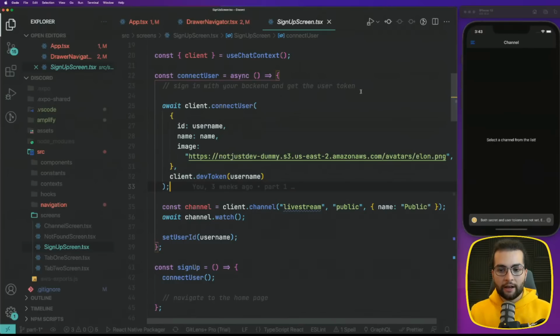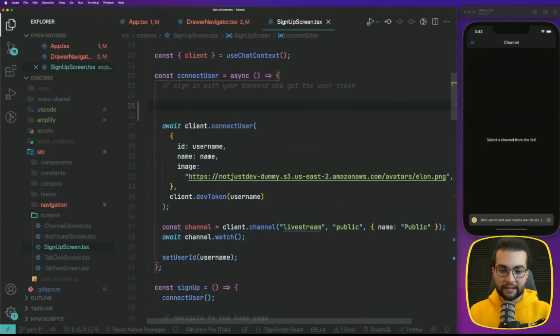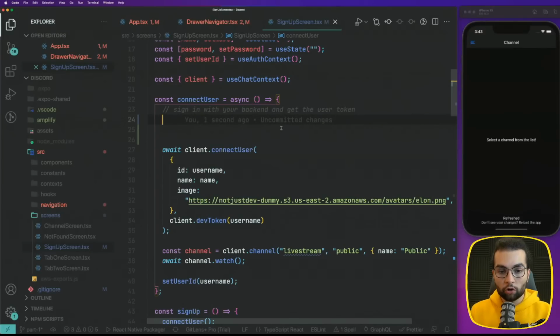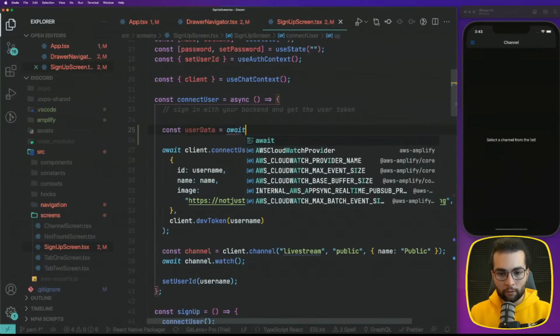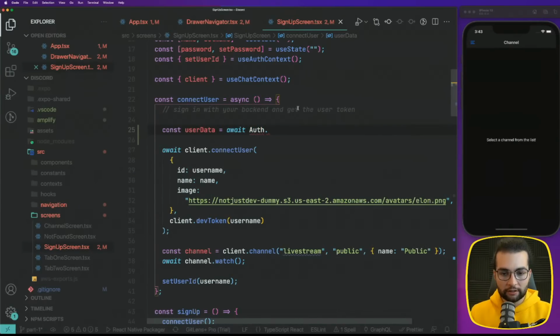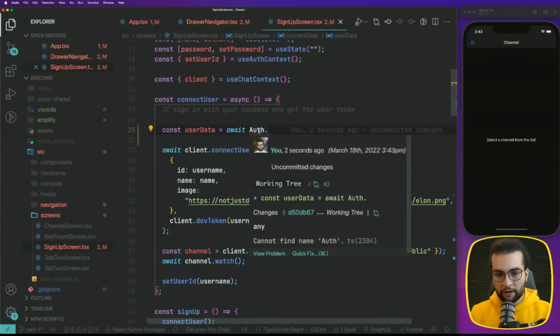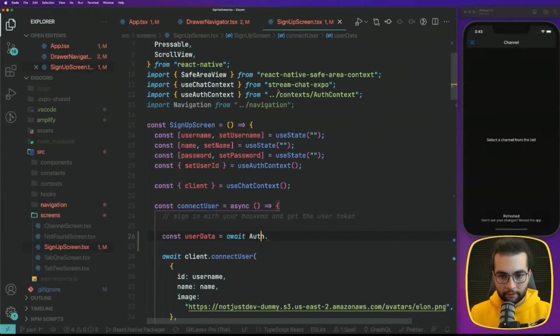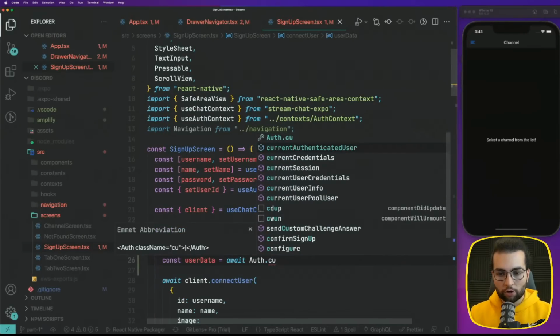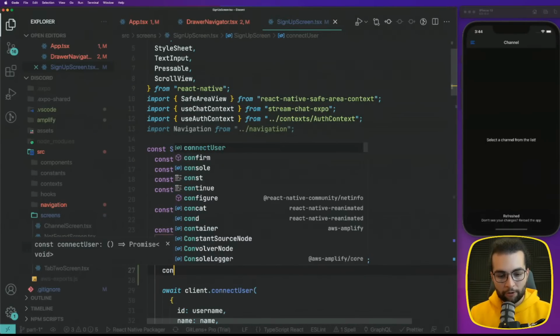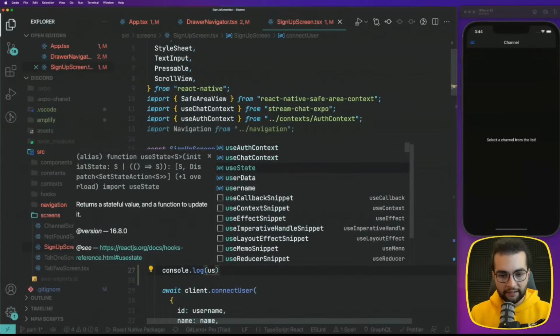First of all, let's see how an authenticated user looks in our Cognito user pool, to know what data we have here. To get that, we can do user data equals await Auth, and make sure to import Auth from AWS Amplify. Where is it? Here. And we will call currentAuthenticatedUser. Now if I do console log user data,